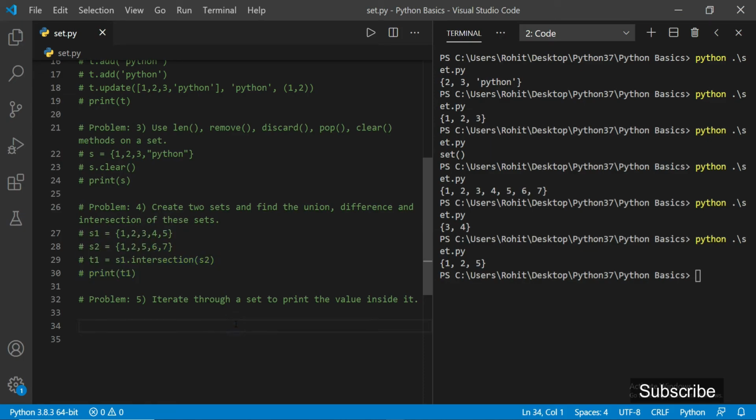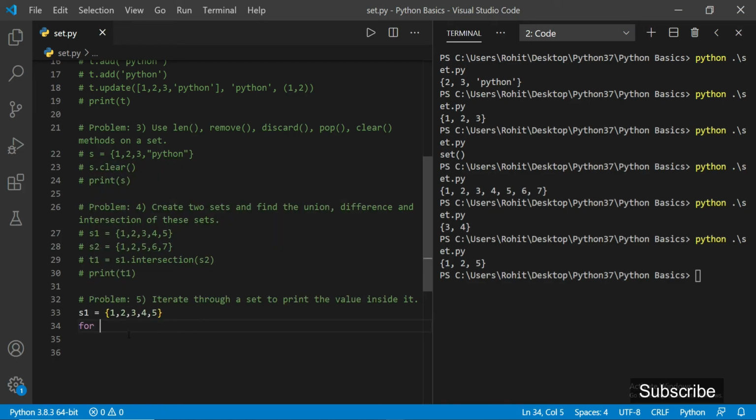Now in problem number 5, we have to iterate through a set to print the values inside it. As we know, we cannot get the values of a set using indexing. So how can we print the values of a set? We can use a for loop. Suppose I have a set, I will be copying this set. How can we print these values?